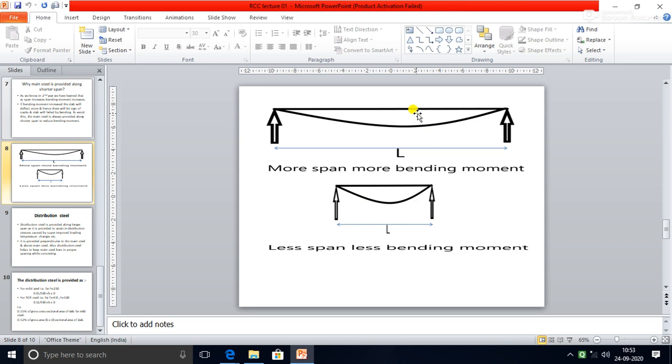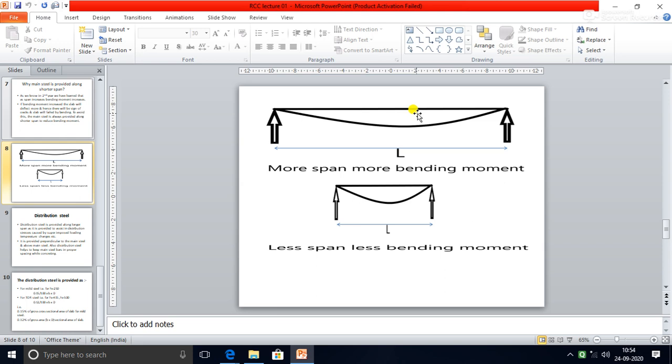So we consider the less bending moment, because the deflection will be less, so the slab will remain intact. To reduce the deflection or bending moment, we have to provide the main steel in the shorter span only,